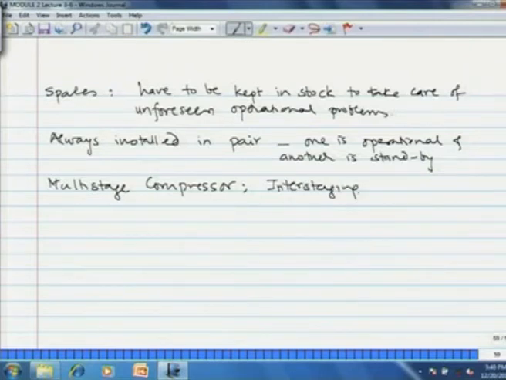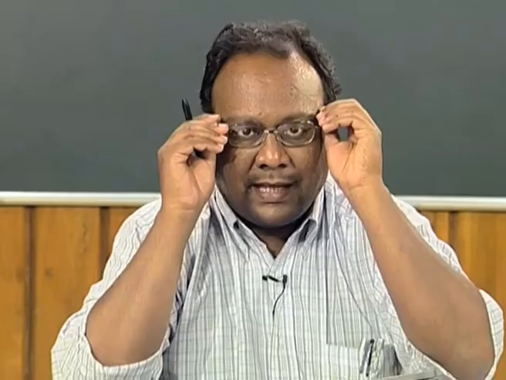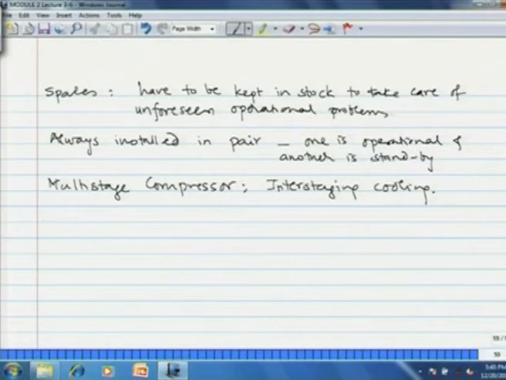So, the temperature of the gas stream increases, therefore, we have to have interstage cooling. Due to the cooling, if the gas contains some condensable components, those can be easily separated, and the interstage coolers are always provided with knockout drums which collect the condensate. Typically, for a 3-stage compressor, with interstage cooling,